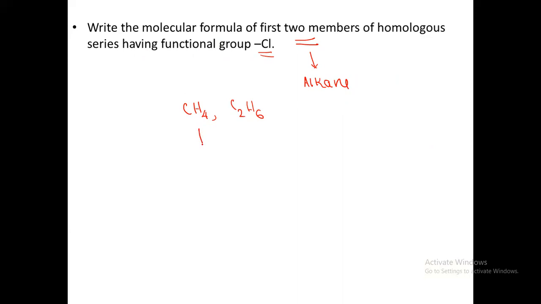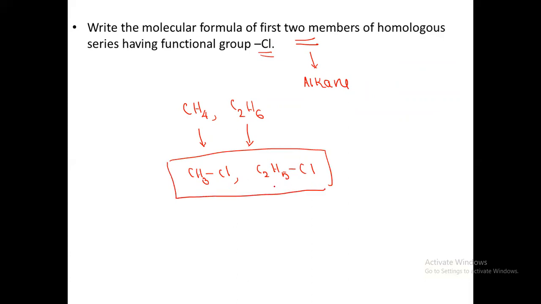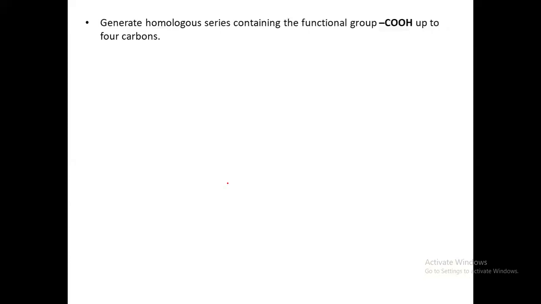Then how do you write the first two members of the homologous series with Cl? It's very simple. If you want a Cl here, the only way is to replace hydrogen. So just replace one hydrogen and introduce one Cl. Here also just replace one hydrogen with Cl. So these are the first two members of the homologous series having Cl: chloromethane and chloroethane. This is how you should answer. The same way,